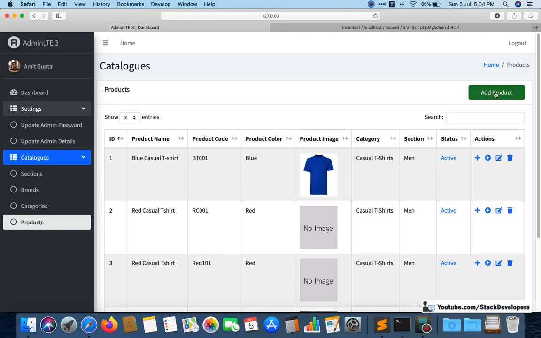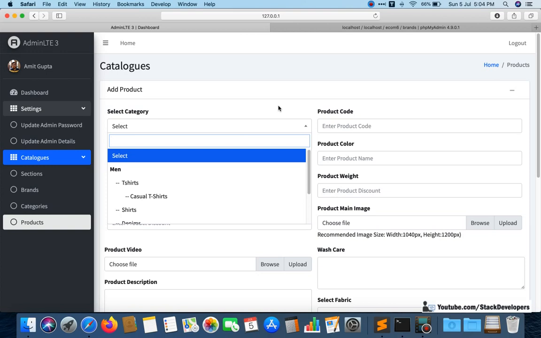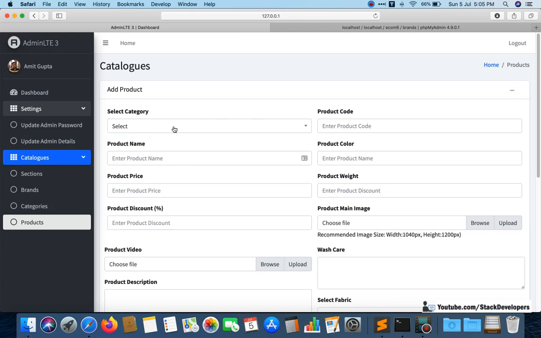Okay, so while adding and updating a product, we want here the brand select box. It will be similar to the category select box, and like select category we want here select brand. Every product will come under some brand. Like I explained last time, every product has some brand, and this is the mandatory field we are going to add in our products module.